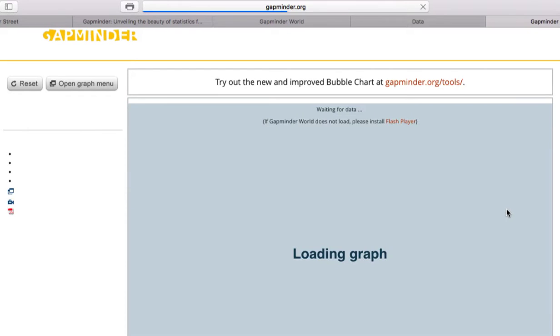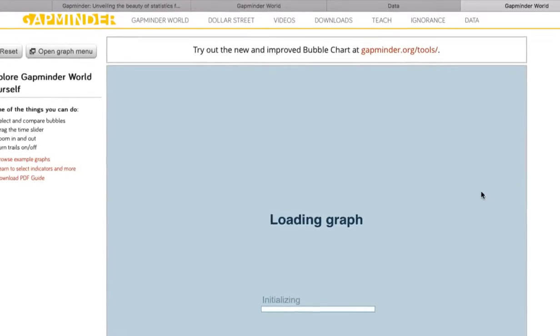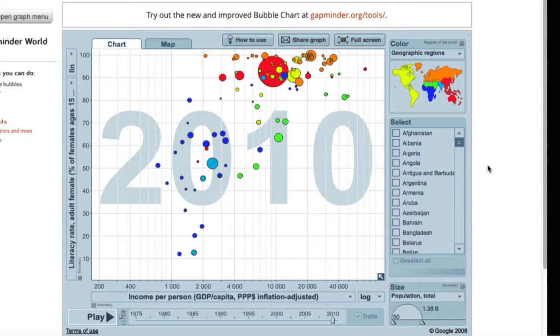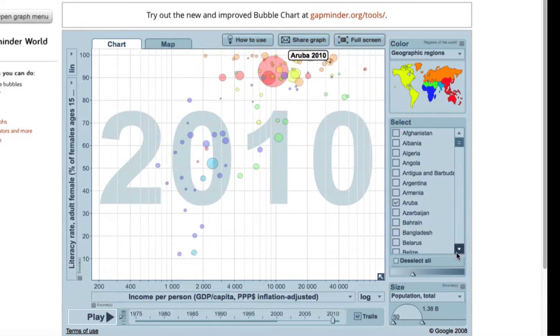Okay, so what I'm going to do is going to click it. It's going to be building that data set into income on the y-axis, which is at the bottom, and on the x-axis will be the education data. And it's going to list all the countries in a bubble format. Now let's say in terms of the countries that I've chosen Aruba. Now let's scroll down a bit.